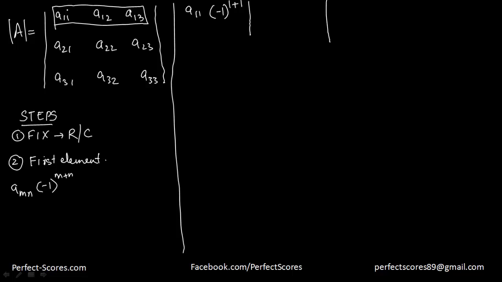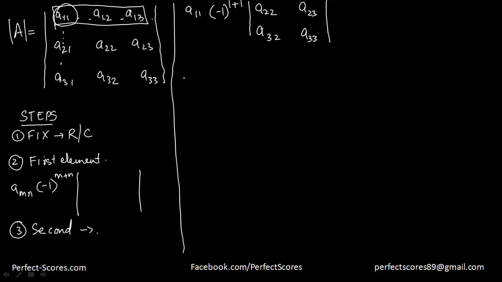the remaining elements. We have fixed this element here, so I'm going to forget these terms, and I have just these elements left here, which means I'm going to find the determinant of these elements which were left. Then you start with the second element and perform the same steps again. So I'm going to add, and go to the second element,